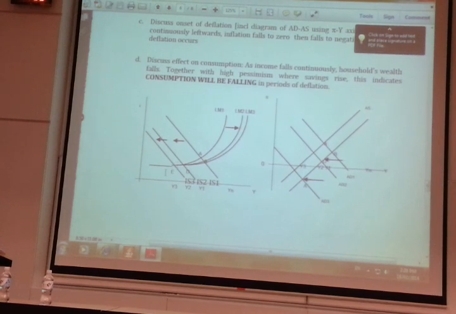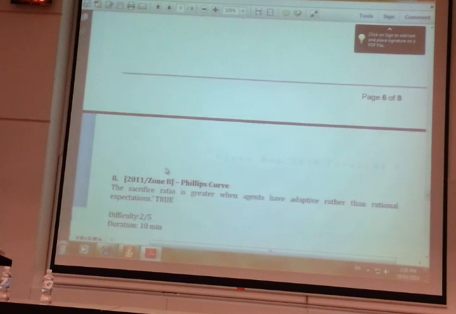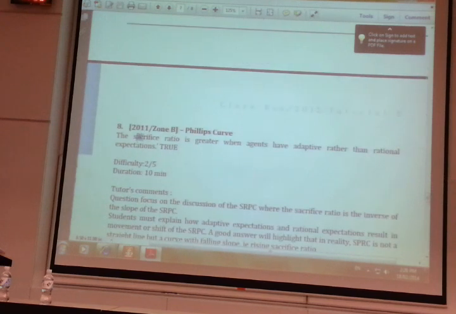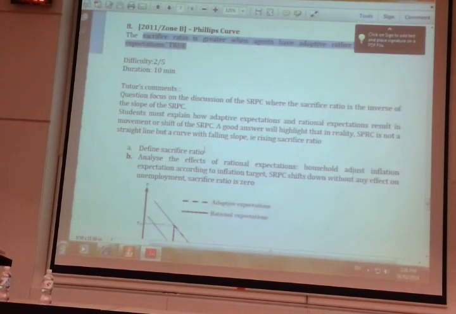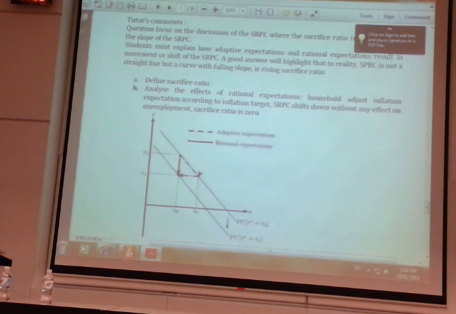Okay, so that was this ADAS question. Then finally, there's a question on sacrifice ratio. They like to ask you, is sacrifice ratio 0 or not? So in this case, you discuss whether it's 0 or not. It depends on whether you are rational or you are adaptive. I've discussed this with you, step 0 to step 4. I'm not going to go through, but first,